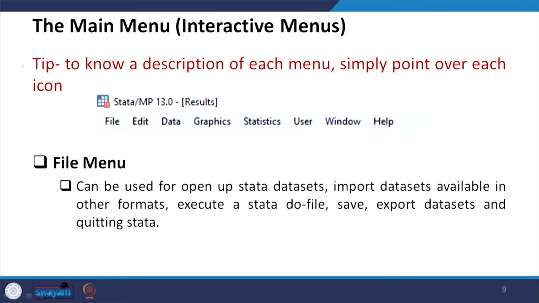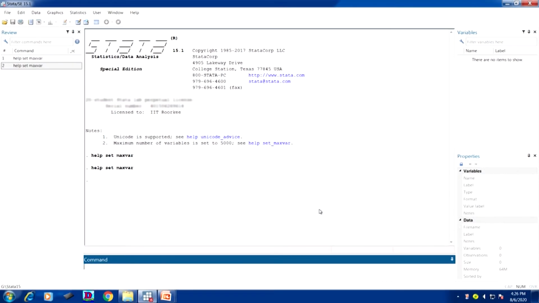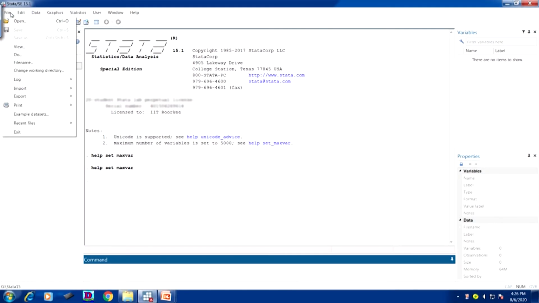Do file is a bit technical, and we can save those operations you usually do in other software, other apps. But do file is technical, I will tell you. Similarly, data export, exporting data set, and quitting, and how you can quit. Let me just show you here. Like in the file menu, look at this.